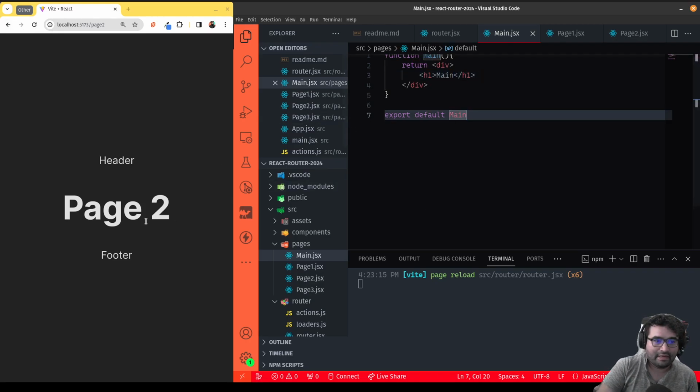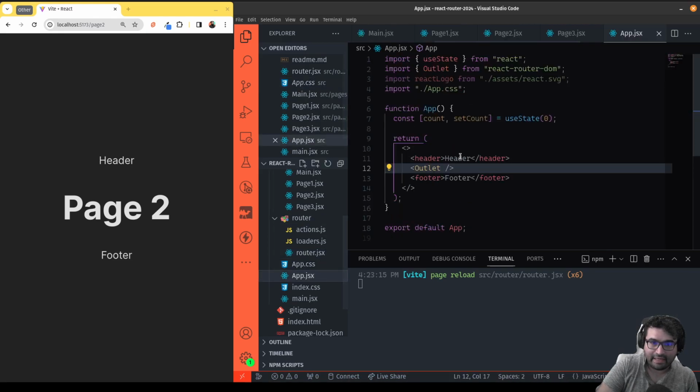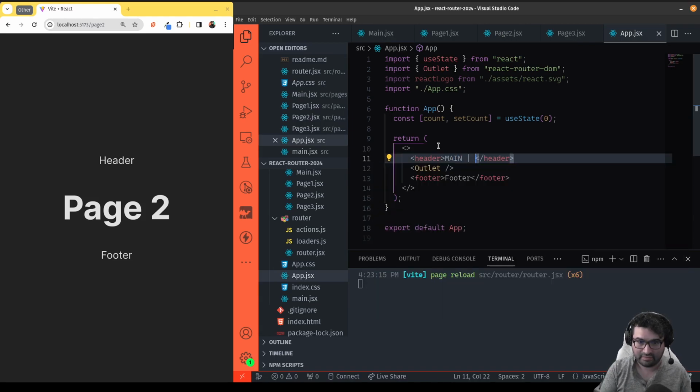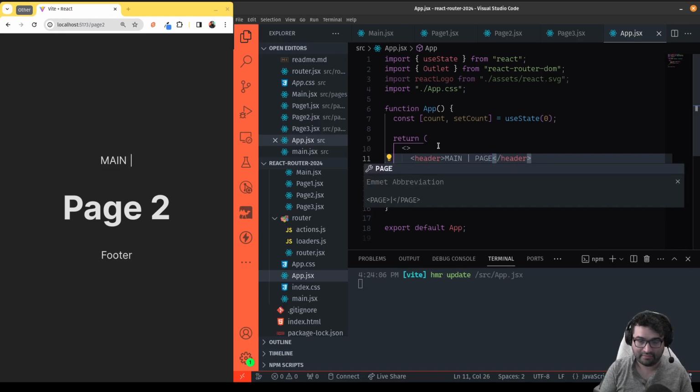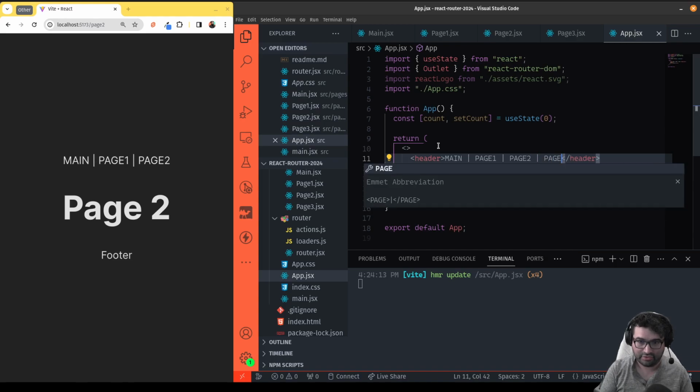Okay, now the question is, I don't have a navigation. How am I supposed to click from page to page? Well, there's a component for that. So let's go back to our app component, and let's actually build a little navigation here. So we'll make it like main, page1, page2, page3. Okay, and we're going to make those links that you can click on to take you to the different